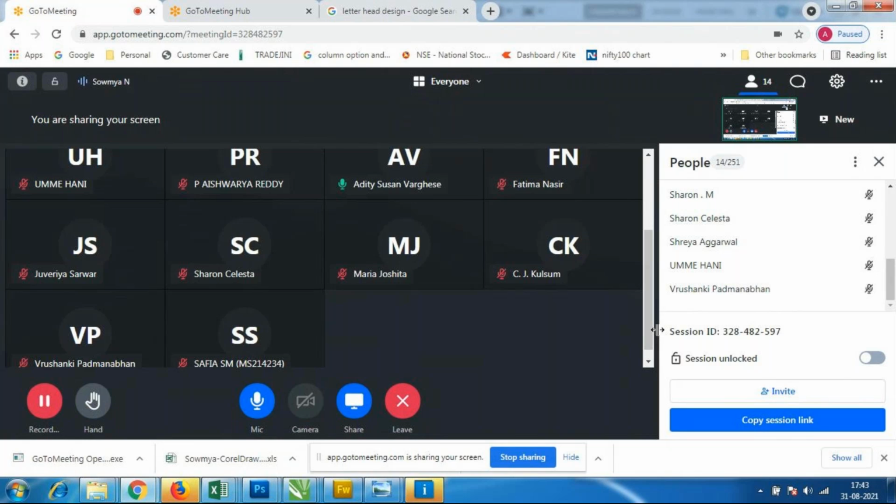Juveria, Sharon, Maria, Joshita, anybody, ma'am, can tell. Yes, tell me. What are the layer options available in the layers? Create layer, group layers, ungroup layers, bring it forward, send backward, merge layers, duplicate layer, and